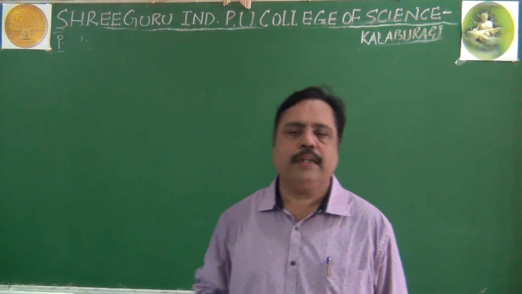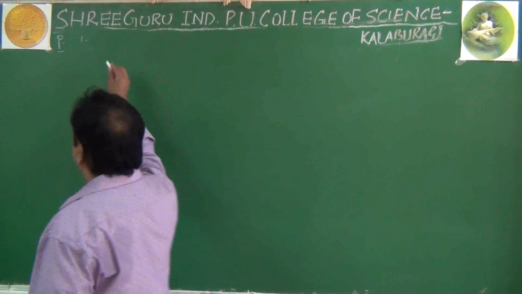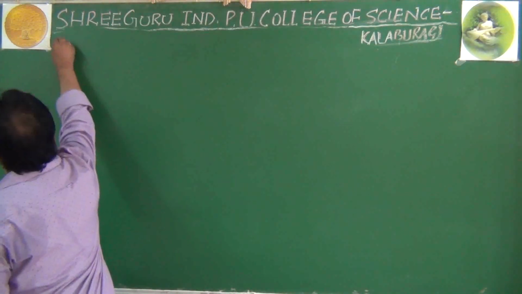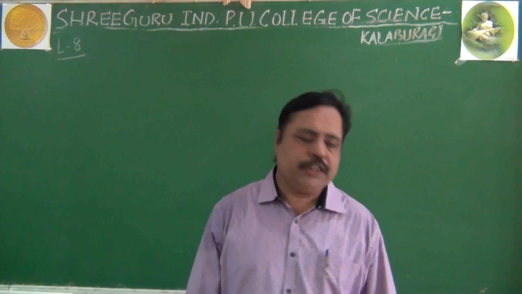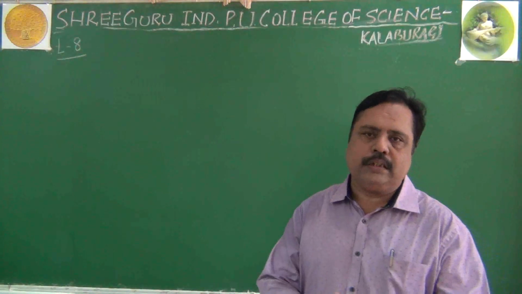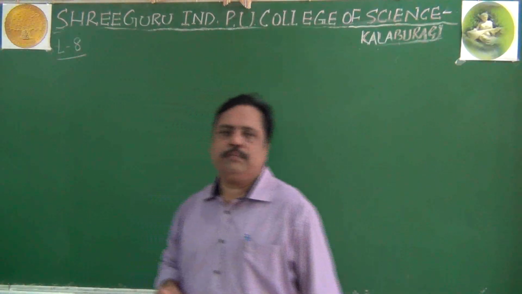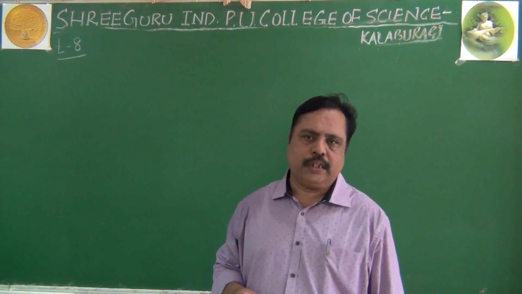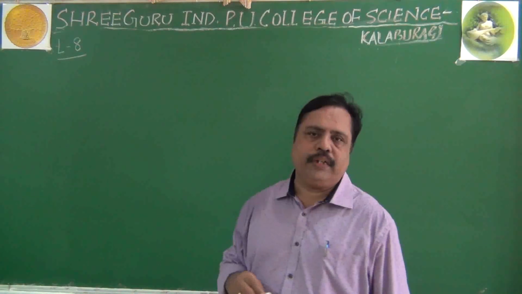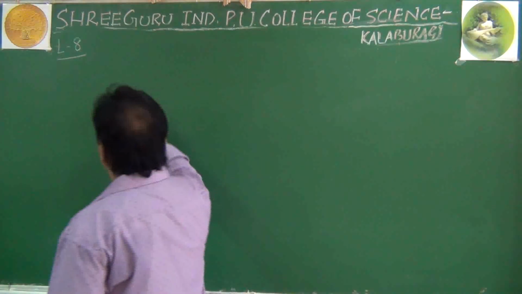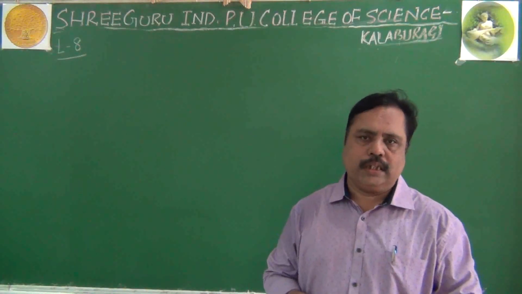We have been seeing morphology in flowering plants. It is lecture number 8 we are going to discuss in today's class. In morphology of flowering plants, I was telling you about root system and then we started stem. In the previous lecture, I told you about stem modifications, you may remember. I will give you one outline about stem modification in this class.